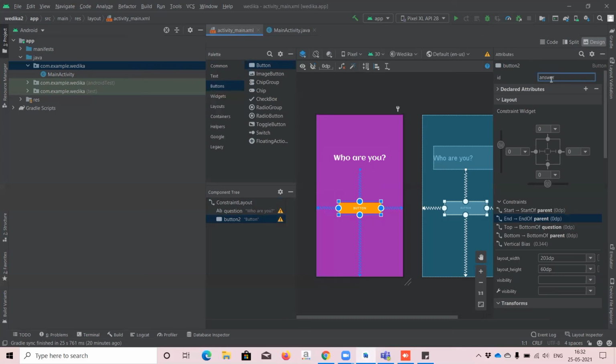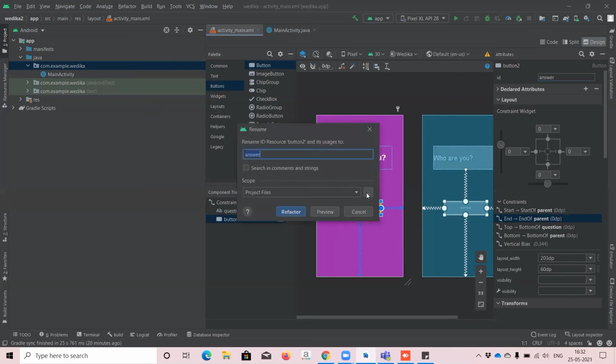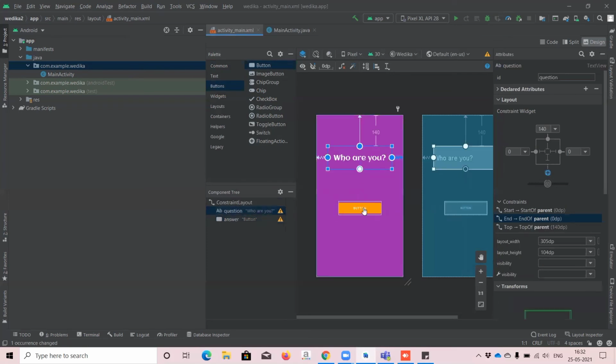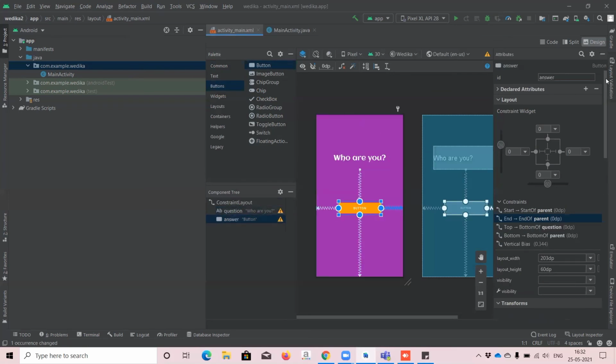Answer is fine, because the ID of the text view is question. Let me show you. This text view is question and this button view ID is answer.